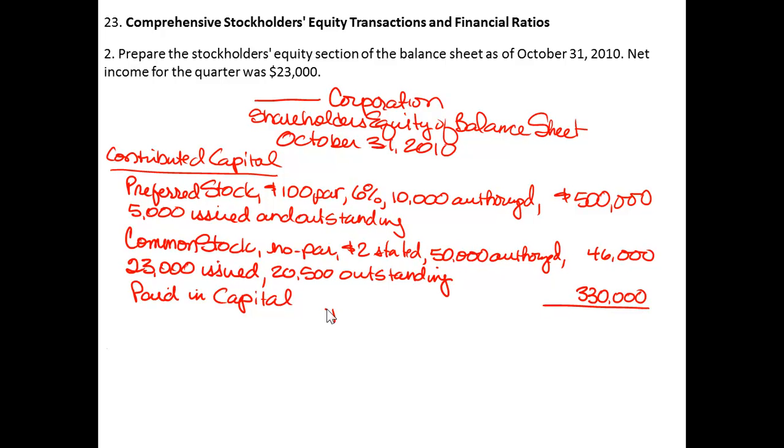So total contributed capital from outsiders, or outside investors, totals to $876,000. We also have retained earnings,